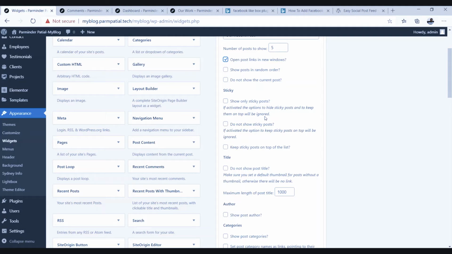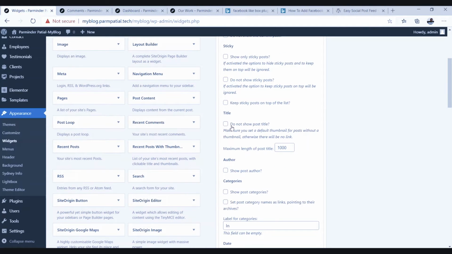So they will become sticky, and if you select do not sticky post, then it will keep sticky posts on top of the list. Then title, do not show the post title. If you don't want to show the post title, then you can choose this option.